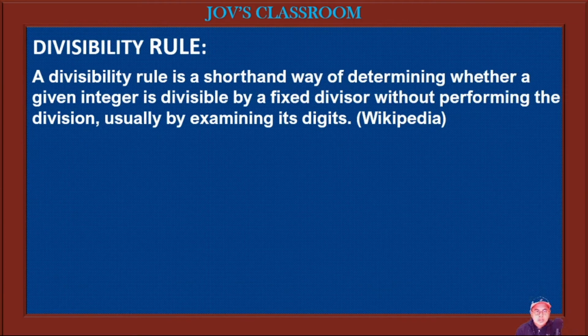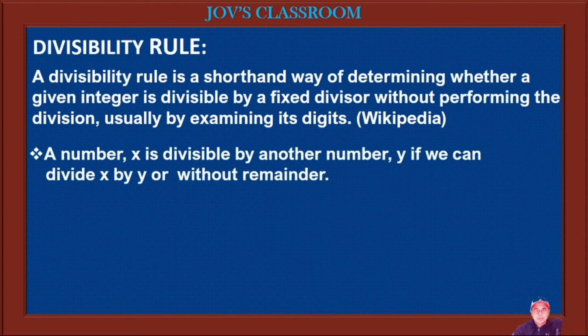So, in layman's terms, if you have a number x and that number is divisible by another number, let's say y, we can divide x by y without a remainder. So if you divide a number by another number without any remainder, that number is said to be divisible